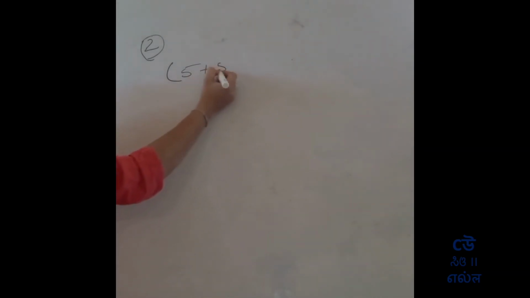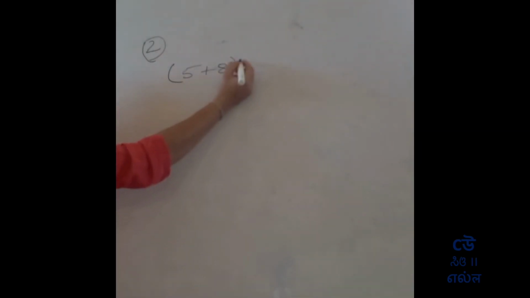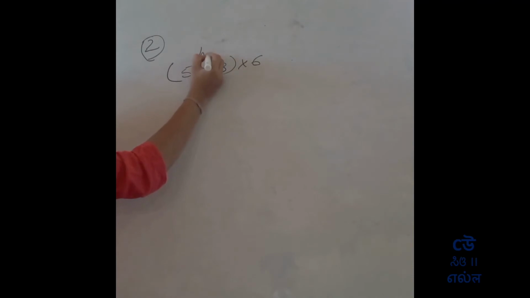That was the first problem, in which we solved 3 questions. The second problem, what they have given? Sonali and Rita work for 6 days. Sonali works 5 hours a day. Rita works 8 hours a day. So how many hours do both of them work in a week? Sonali works how many hours? 5 hours. Rita works 8 hours. How many days do they work? 6 days. This is hours, this is days.